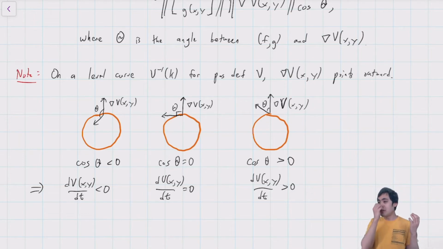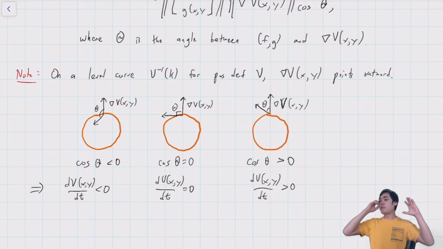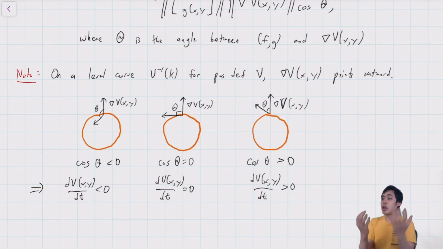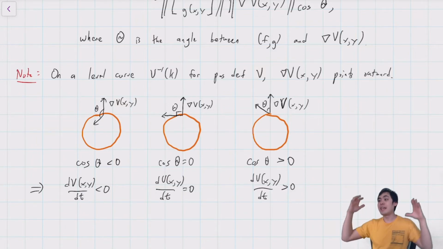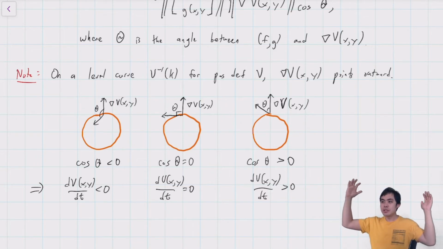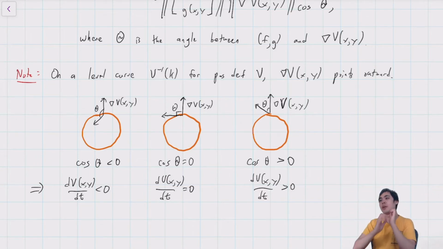So if the derivative is less than 0 for all the level sets, then that means that everything keeps on getting pushed inward. So this is a much stronger condition than what we were doing with the trapping regions in Poincaré-Bendixson, where we just had to say that the outside pushed everything inward. Here we're saying everything's pushing stuff inward. And if everything's pushing stuff inward, then eventually trajectories will get squeezed down into just the equilibrium,